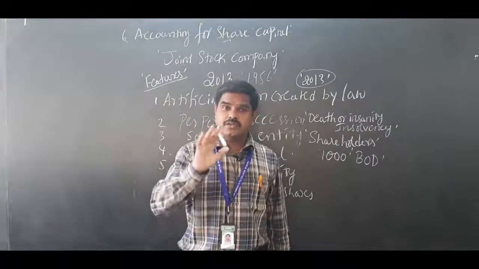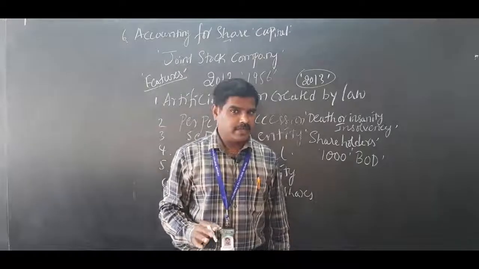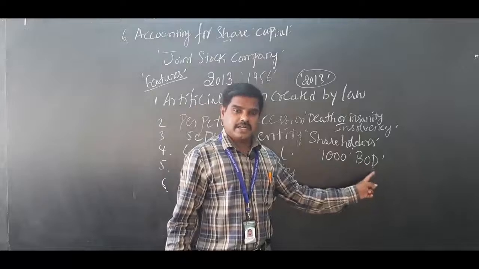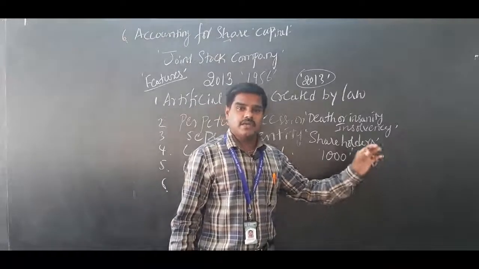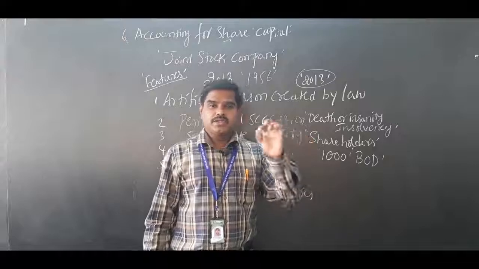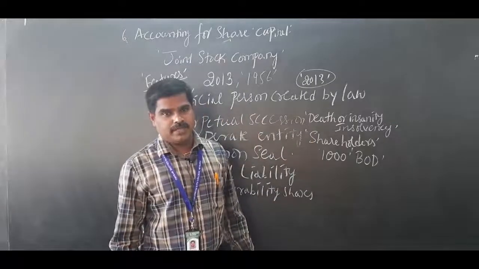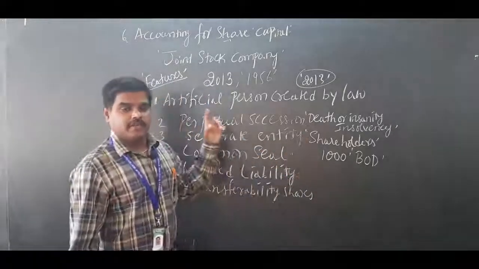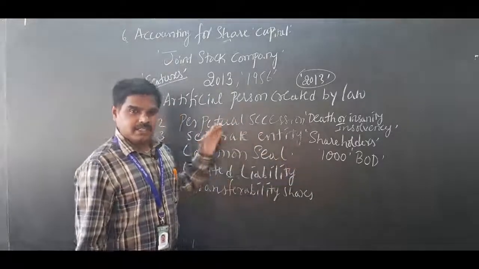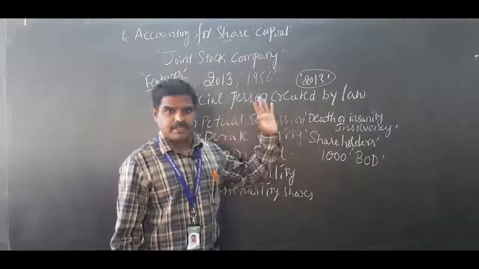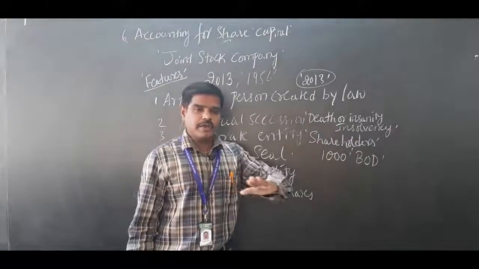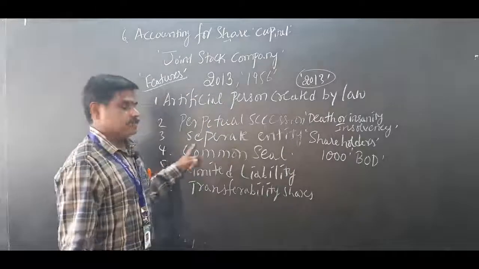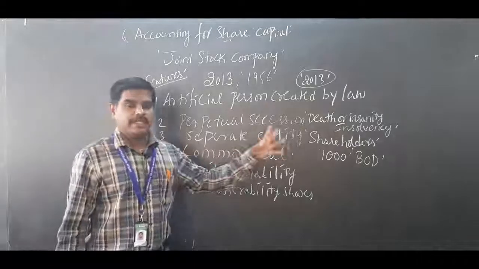They can ask whatever questions in the annual general body meeting. So who takes care of the company? The board of directors, the elected directors, a committee of members. They are answerable to the shareholders in the AGM. So that is called separate entity. When the company is registered, the company should be separated from the shareholders. Shareholders have no right to participate in the day-to-day activities of the business. So that is number 3, separate entity.